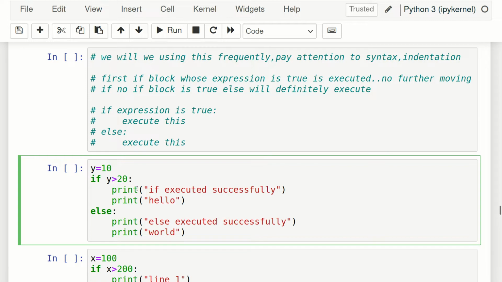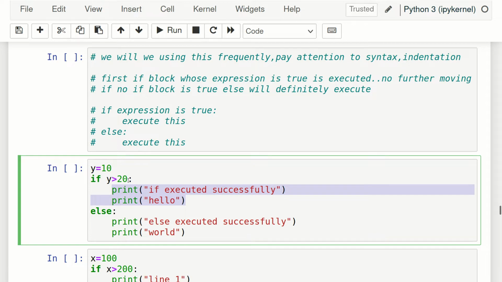Now this is the if block. What does the if block do? Now listen carefully. The meaning of if in English is the same here. It is saying that if there is some condition, and if this condition is true, then run this block or enter this block.